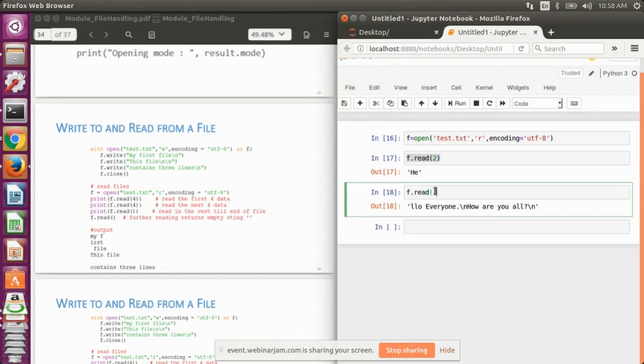And next, when we again write the read operation, the Python compiler started reading the file from the current location of the cursor, that was at the second position of the text file. So that's why it has skipped the first two characters and read the remaining characters.